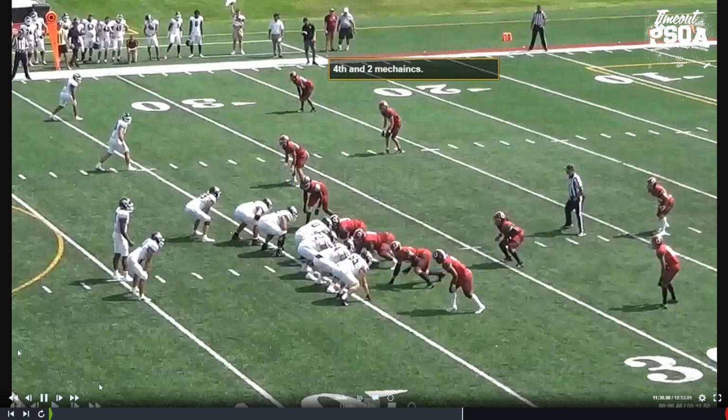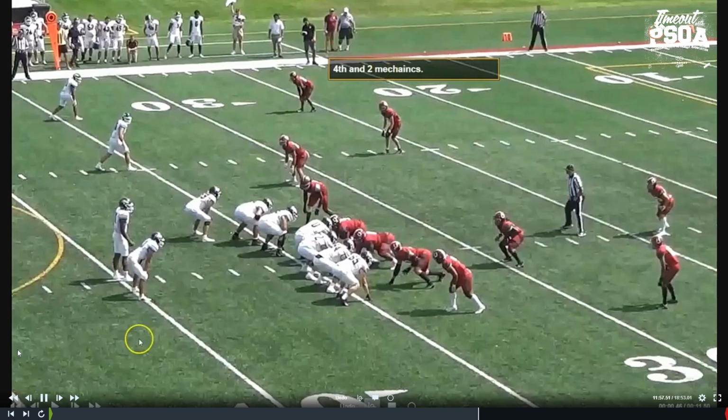So the guideline is 3rd and 3 or 4th and 4. Okay, so when I say 3rd and 3 or 4th and 4, what we mean is anytime we are 3rd and 3, which obviously means also 3rd and 2 or 3rd and 1, or 4th and 4 or 4th and 3 or 4th and 2 or 4th and 1, we are going to immediately at the snap, line of scrimmage officials get to the line to gain. Do not hold your position. Go immediately. 3rd and 3, 4th and 4.